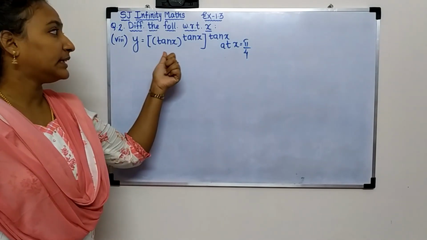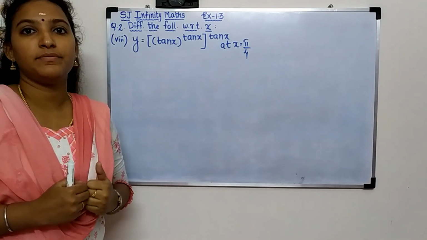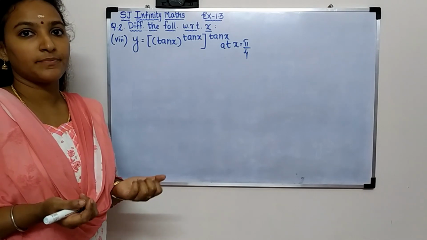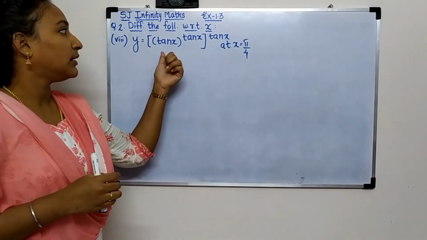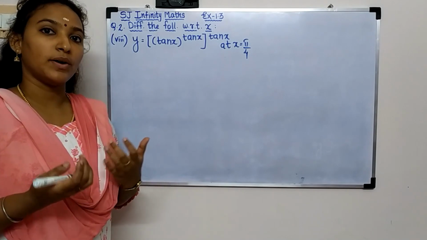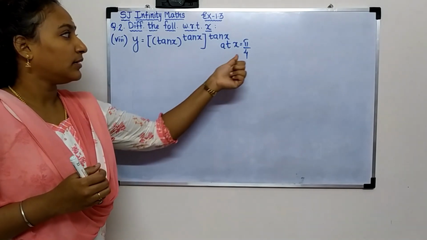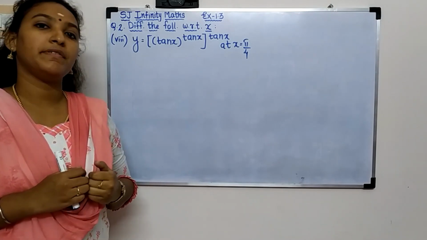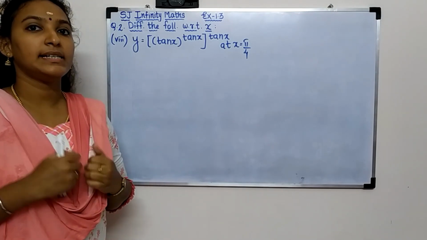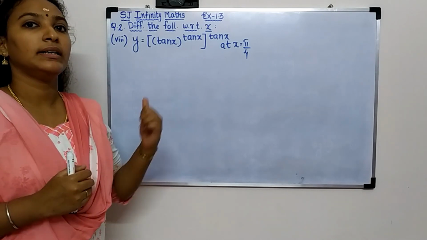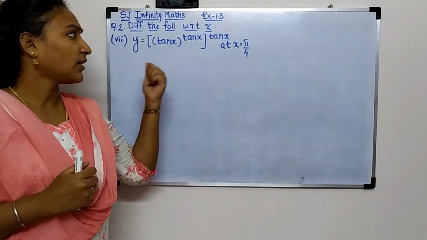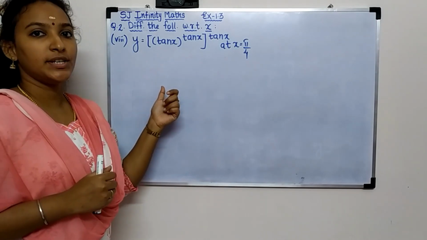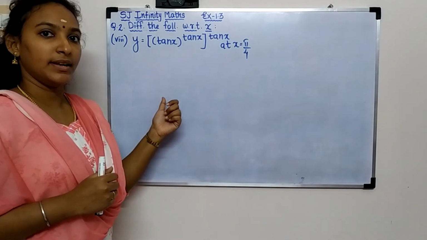You know, the tan x function is my favorite function because the derivative of tan x is very easy. It is sec square x, and the derivative of tan inverse x is 1 upon 1 plus x square. And when you put x equal to pi by 4, tan pi by 4 will always give you 1. These are the interesting facts about tan x. That's why I consider this function to be my favorite function. Hope the solution is going to be more interesting now.